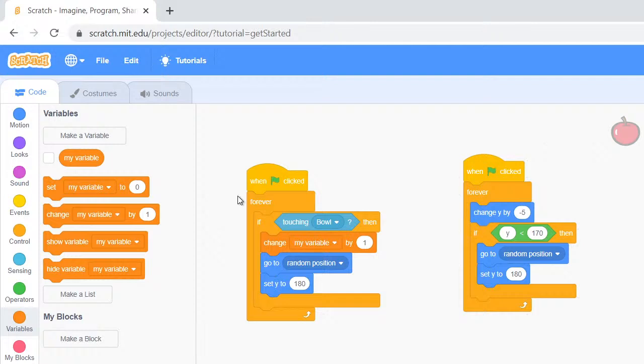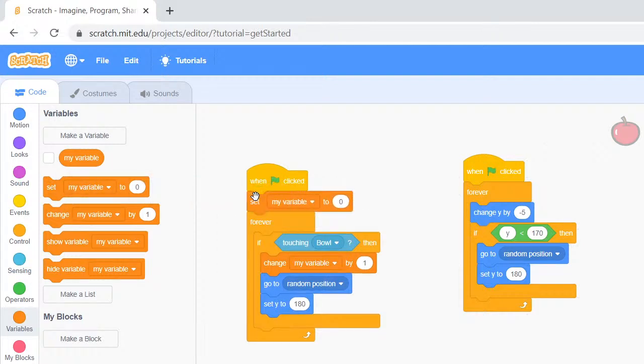We'll take a variable for the apple and set the score to 0, and then change the variable by 1. Okay,